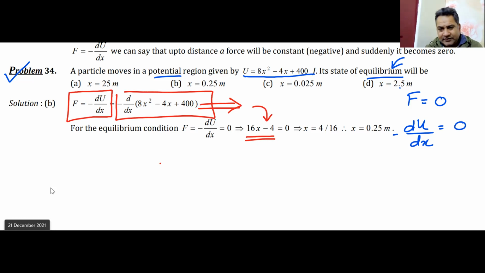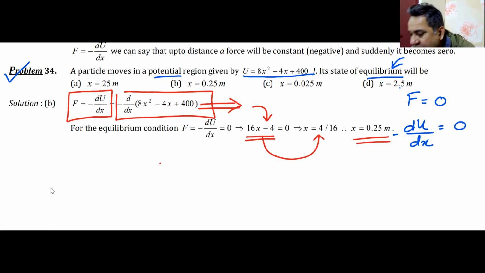The negative of that is equal to 0, so the positive of that is also equal to 0. We all understand this much of maths. So x becomes 4 by 16. In effect, it becomes 0.25 meters. That is the answer that we were looking at. Can I have some raise hand that I have achieved this result and we are happy with the same? Simple question, doesn't require pyrotechnics. As simple as it gets.